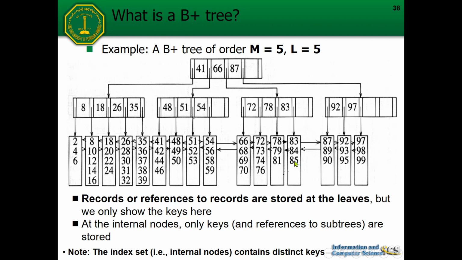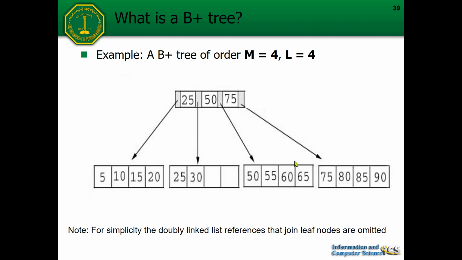Let's look at another example. Now, for example, we want to find the key 60. Similar to the previous one, we compare the search key, which is 60 in this case, with the keys in the root. So 60 is bigger than 25, then 60 is bigger than 50, and 60 is less than 75. So we go for this branch, and we find 60 over here.